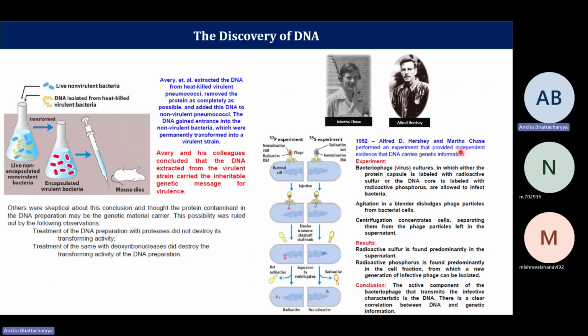So in cases where the DNA had been radioactively labeled, which is what you see here, the 32P experiment, because phosphorus is a component of DNA, those populations of cells infected with the phosphorus-32 labeled bacteriophage were also radioactive